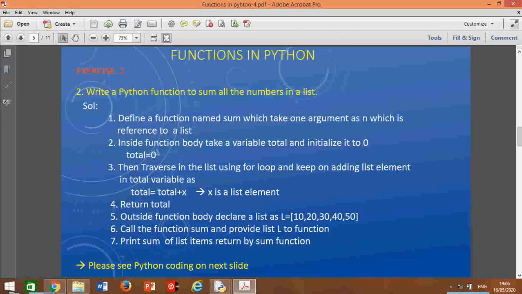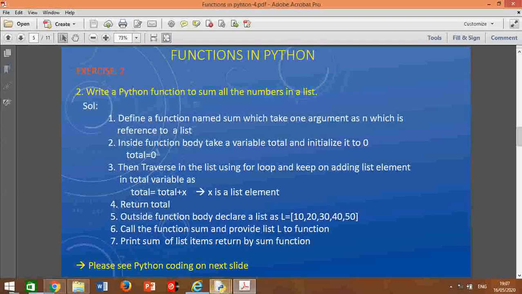Then using a for loop we will traverse the list. Inside the for loop we say total is equal to total plus x. x is the variable of the for loop which gives the individual element of the list. Then we return the total, and outside the function body we declare a list, call the function and provide this list to the function, and the function will return the sum of the elements.